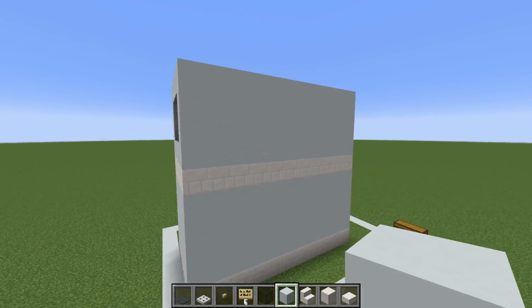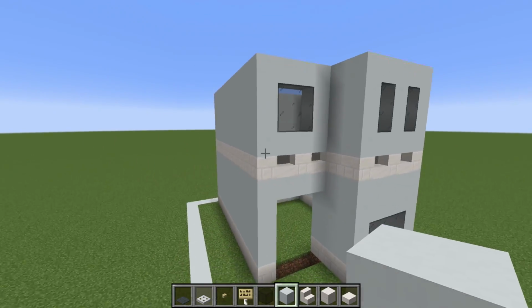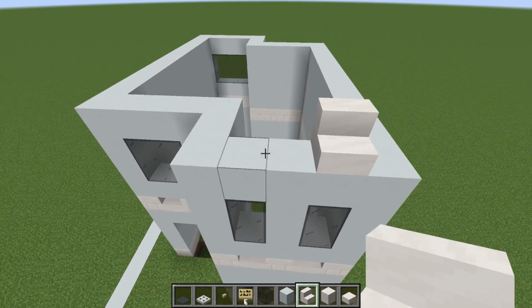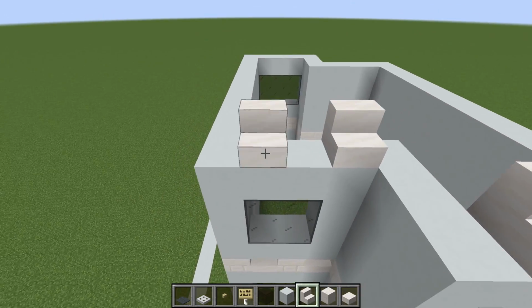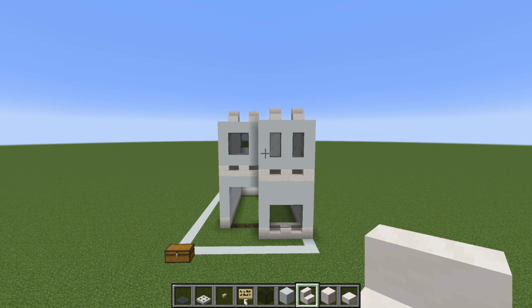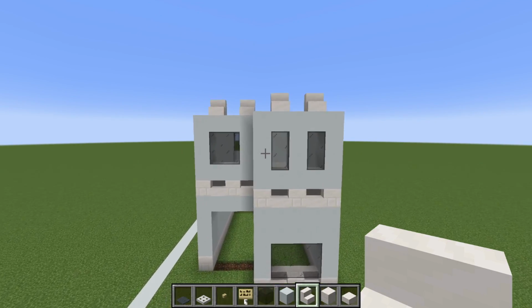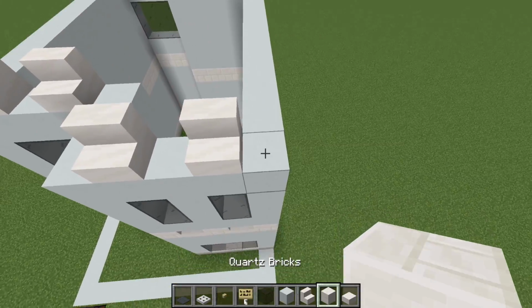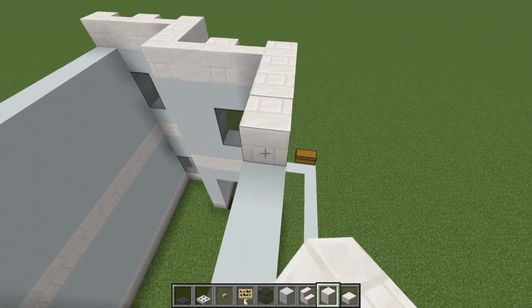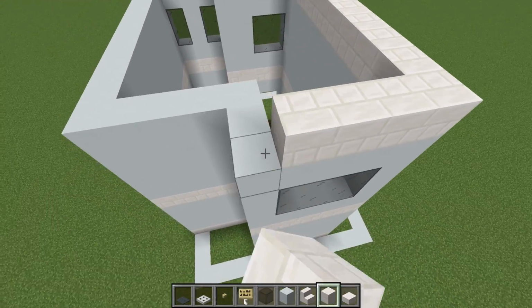And once you have added all of that white concrete and all of the glass, we're going to come back to the front of the build. We want to place smooth quartz stairs above and equal to where we have placed the smooth quartz stairs just down below, as you can see. Then we're going to add a layer of quartz bricks in between the smooth quartz stairs,